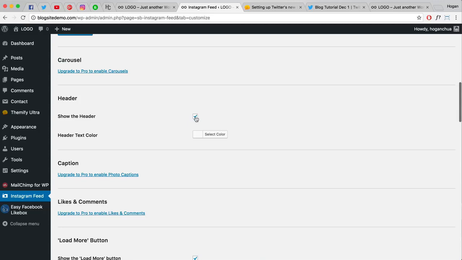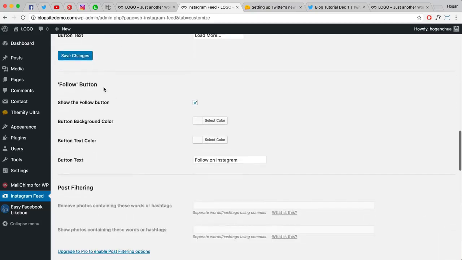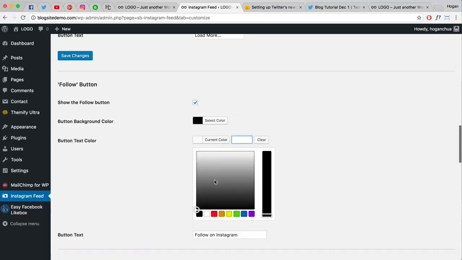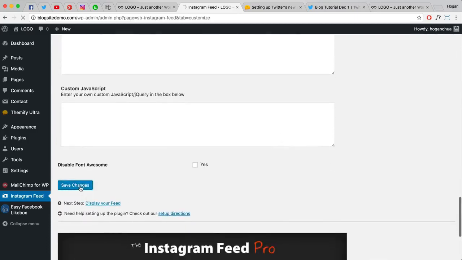For the header, I'm going to disable it. Scroll down. For the load more button, I'm going to disable that as well. But for the follow button, I'm going to leave it, and I'm going to change the background color to black, as well as changing the text color to white. Okay, and then all you need to do is click on save changes,